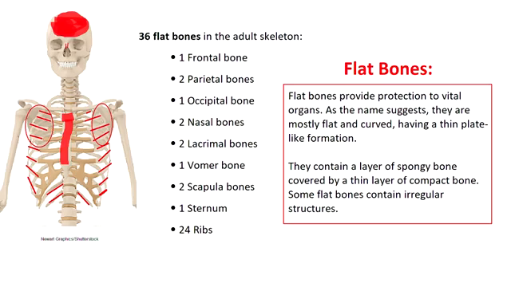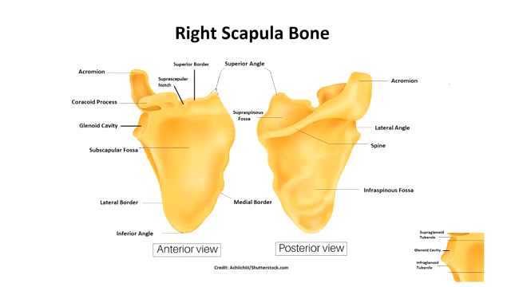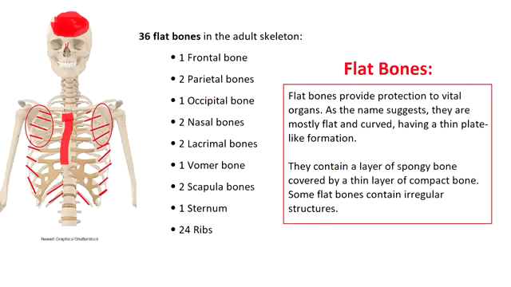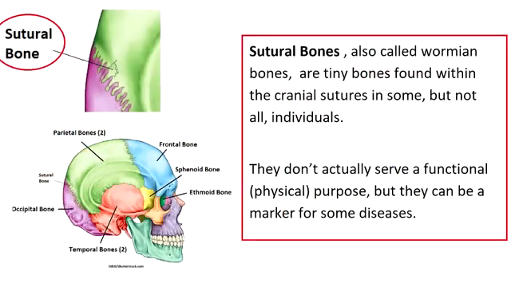For example, the scapula bone is technically a flat bone, but it does contain that spine, that acromion, and that coracoid process that does make it look somewhat irregular, but it's still classified as a flat bone. And there are 36 flat bones in the adult skeleton, including some of the skull bones as well as the sternum and the ribs. And while I'm talking about those flat bones of the skull, it's a good time to